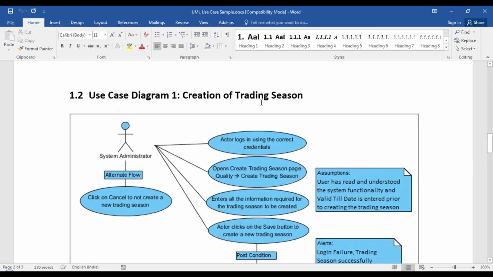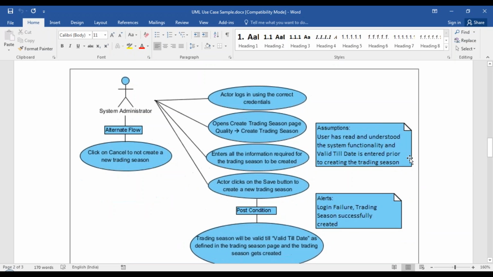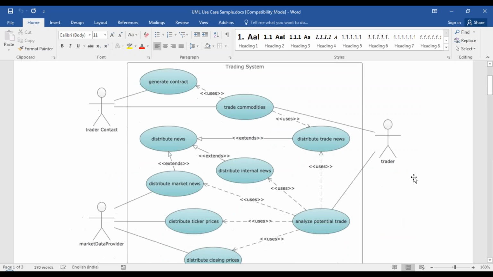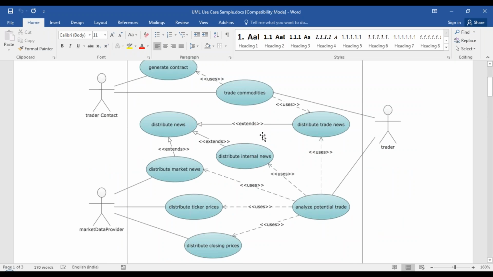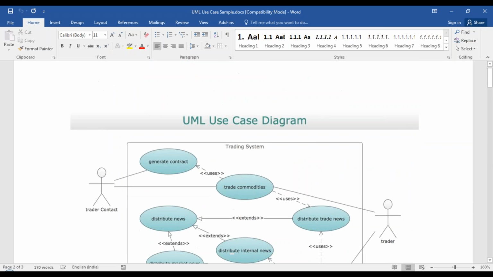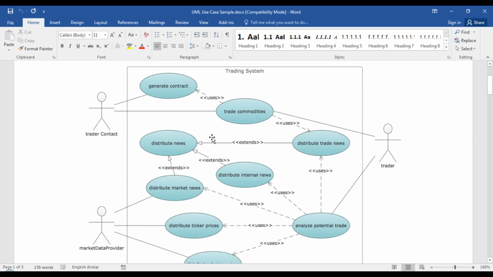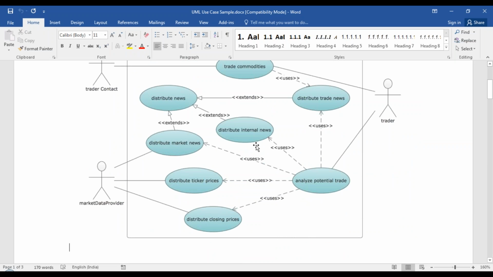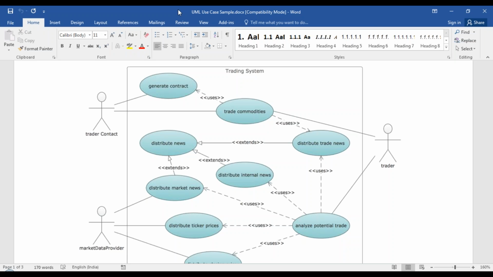And then we will see how to create a very nice use case diagram, and we will see various options that can be included in the use case diagram. We will not just restrict it to the actor and events. We will also see when to use generalize, when to use extend, when to use include, when to use a tree structure.